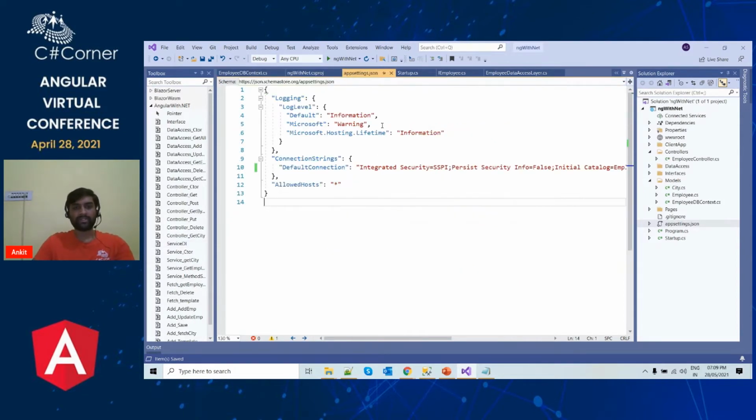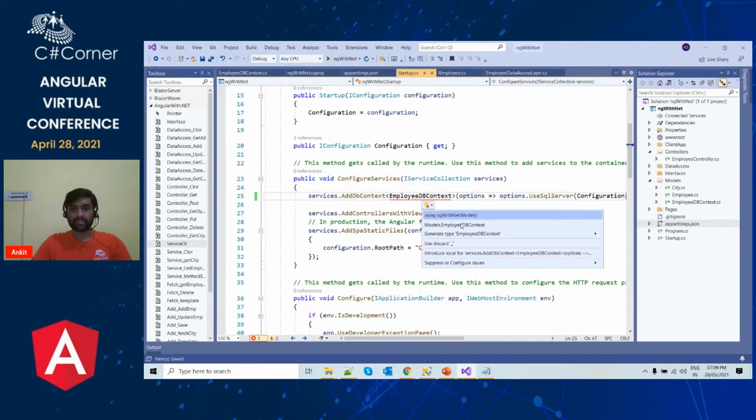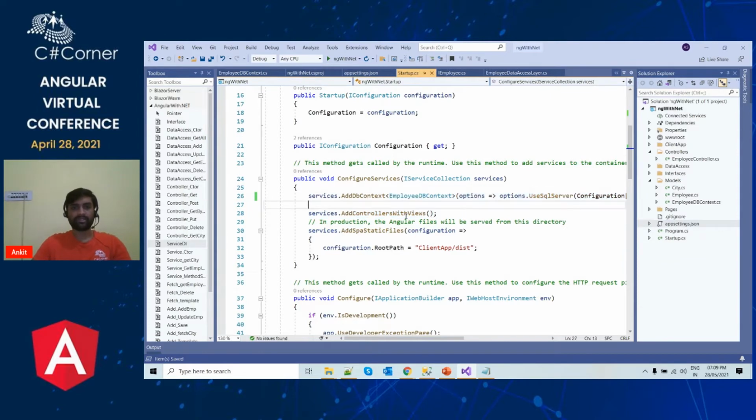Now the point is we have added our connection string inside the appsettings.json file. But how is our application going to read this connection string from appsettings.json? For that, we have to do the configuration inside the ConfigureServices method of the Startup.cs file. Here, let me import the namespace. Okay, let's understand this.